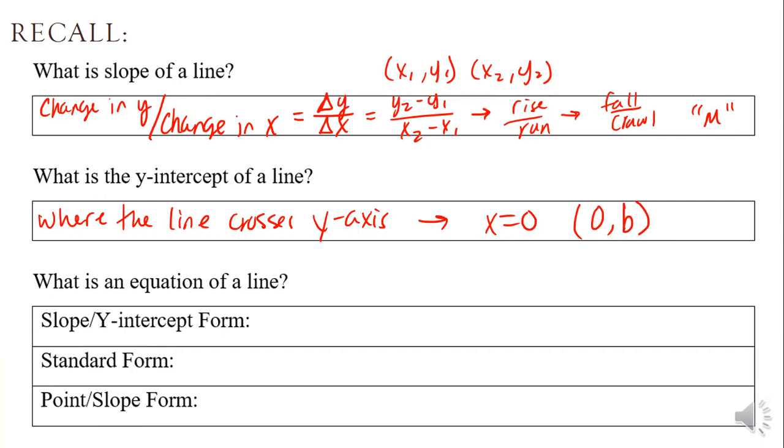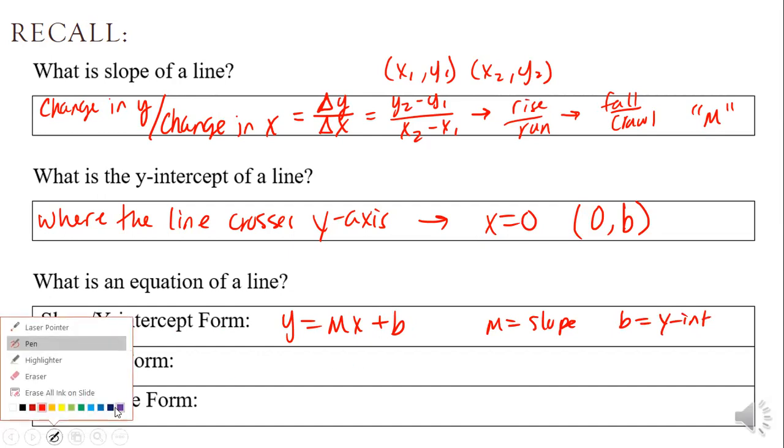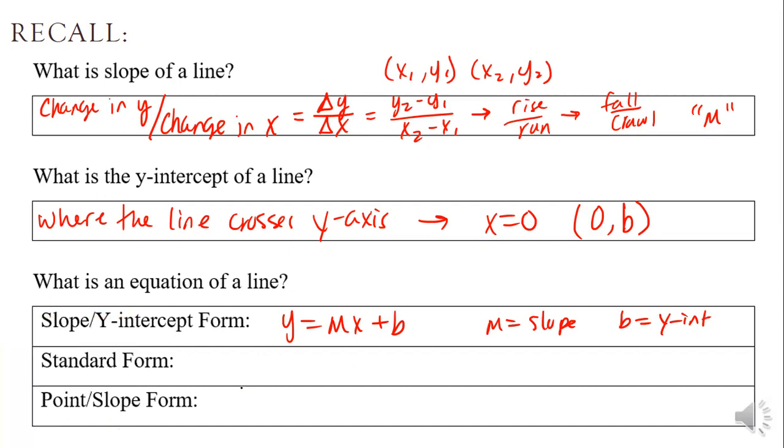All right, there are 3 forms for your linear equation, okay? The first one that you learn is called your slope intercept, and that's your y equals mx plus b, right? M equals your slope, and b equals your y-intercept. Agree? Okay, the other form that you may have seen but may not remember